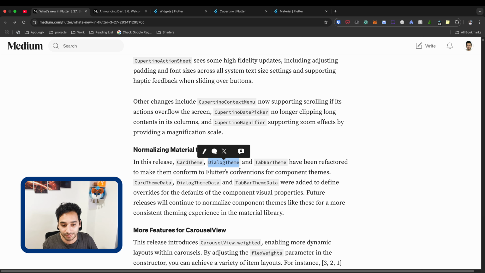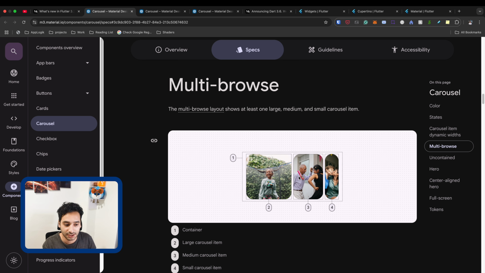If you don't know what carousel view is, it's a new widget that is introduced by the Material team. I think it was around one year ago that this feature was introduced. It's a component that is like this. You can have different images or different widgets that you can scroll. I think here we have the animation. So it is like this. For example, you can have a list of colors, or you can have items. When you scroll, the size of the items changes based on their position on the scroll. And it's a really cool feature.